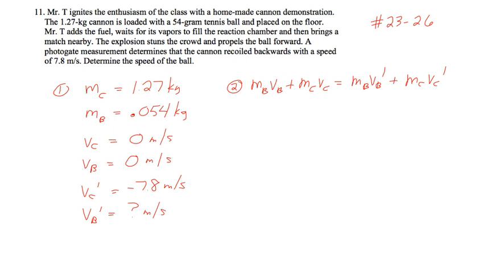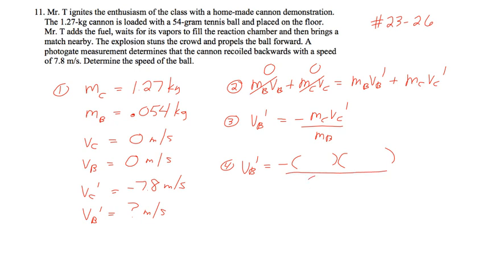Now, since the velocity of the cannon and the ball before the explosion were 0, it makes this really simple, because 2 out of my 4 terms cancel out. And then I just need to solve this for the velocity of the ball after the explosion. So I'm going to move that to the other side and divide by that. So step 3, the velocity of the ball is going to equal minus MC VC after divided by MB. And so that's going to be VB equals minus